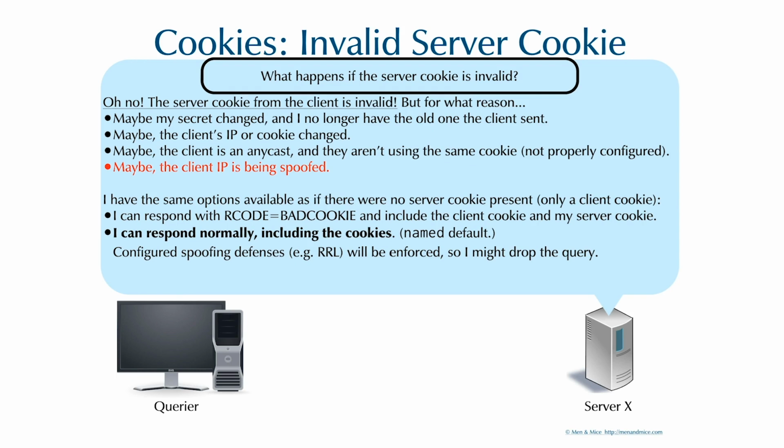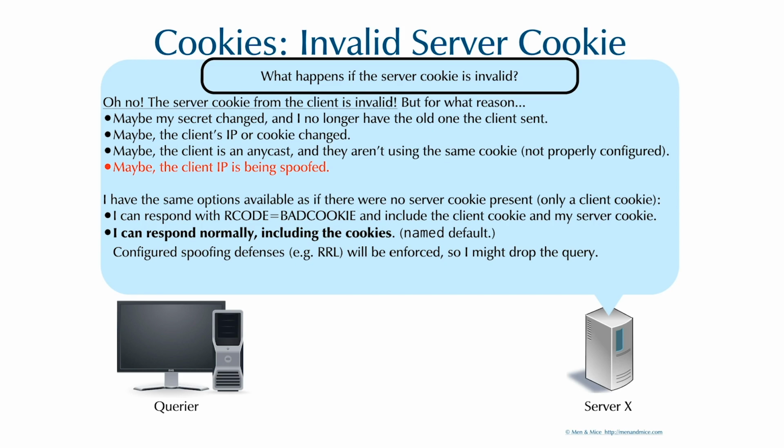Anycasting is beyond the scope of this, so let's ignore that. And then there's the fourth and last possibility. Maybe the reason the server cookie is invalid is that the client IP address is being spoofed. Maybe this is a reflection amplification attack, a distributed denial of service attack. So now,